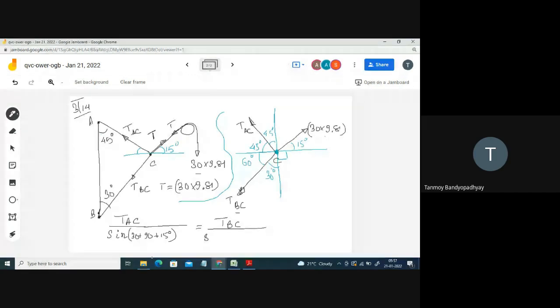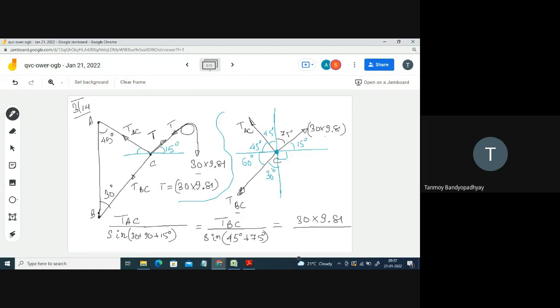So that should be equal to TBC divided by sine of angle between the other two forces. So the angle between TAC and this force, that is 45 plus এটা কত হবে? এটা 15 মানে this is 75. So this is 45 plus 75. That is equal to this force, মানে 30 into 9.81